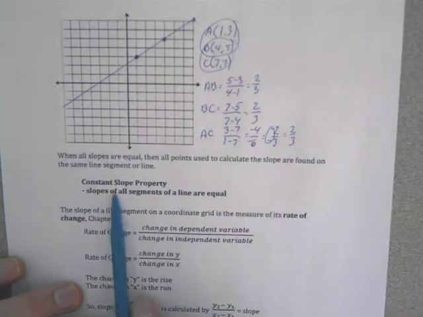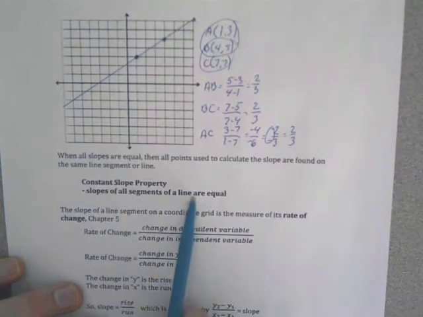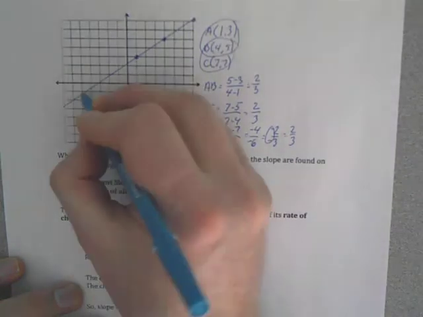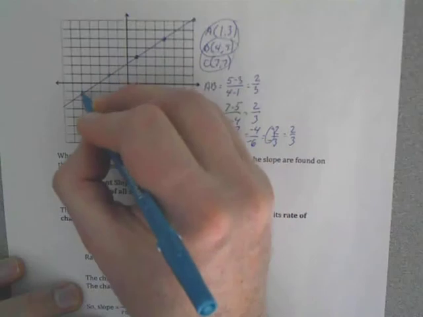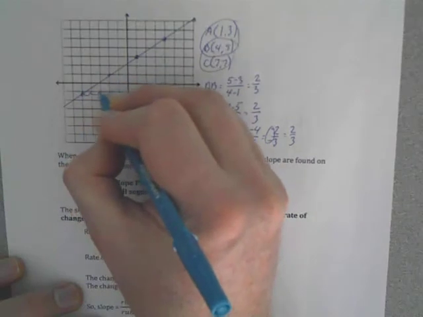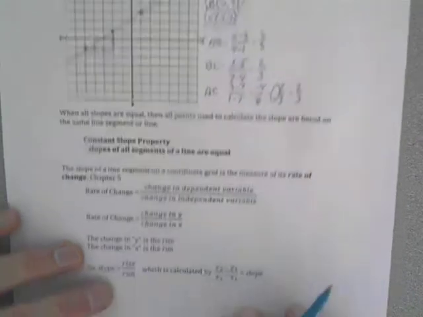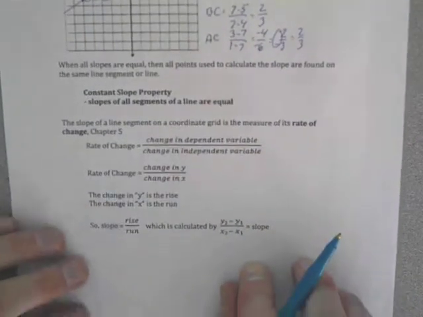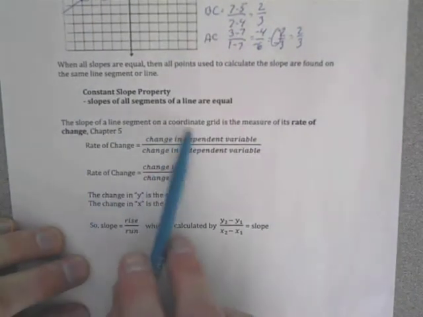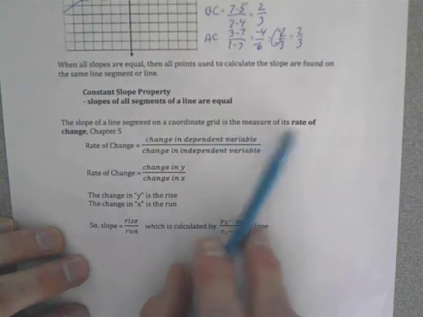And then we come with this property: slopes of all segments of the line are equal. So if I set a point here to there, that would be the same. All the same, no matter where you are. Then we look at how the slope of a line segment on a coordinate grid is a measure of its rate of